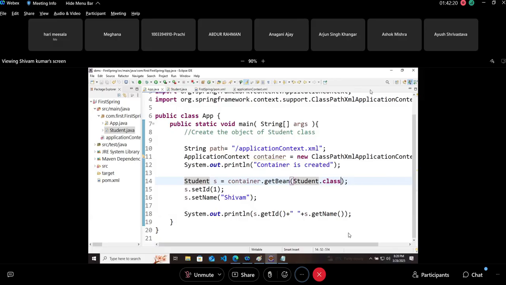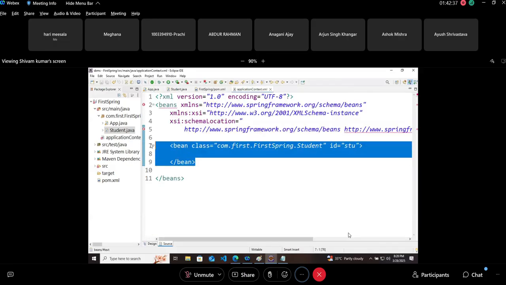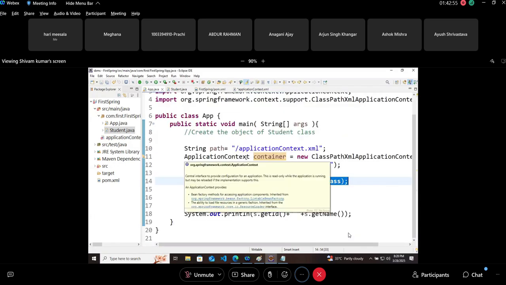I think my discussion is not there, but since you have asked this question, let me answer. Are you managing the object of the class? Not at all. Who is managing? The container. Now the container is managing the object of the class. This is just the first step to create the object. There are some external tags like this. You can write property here. Inside the property, you can set the values. When you are creating the object, you will get values by default.